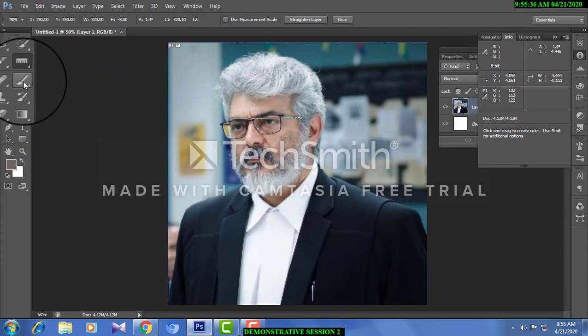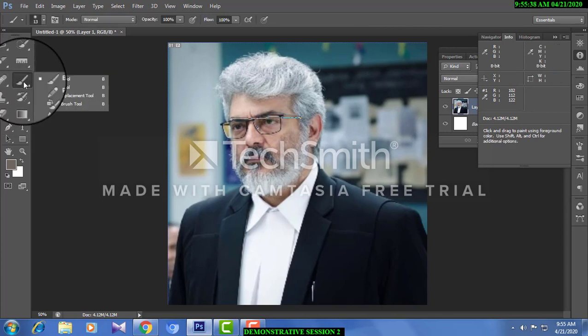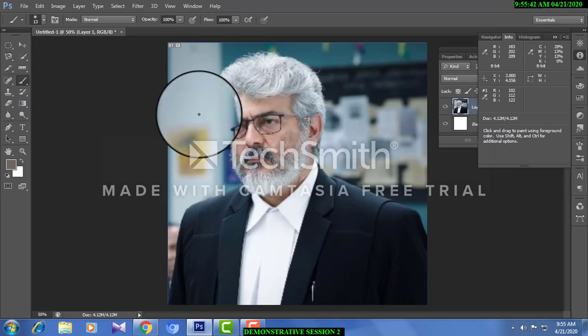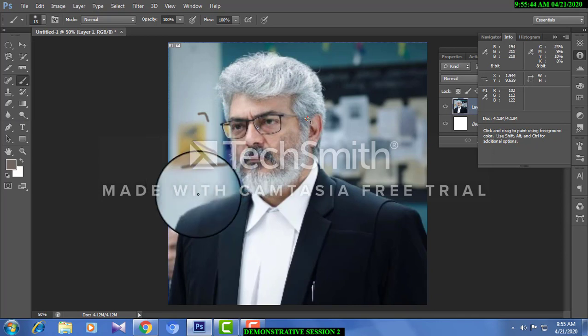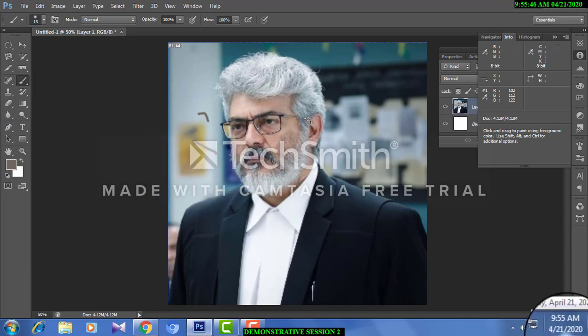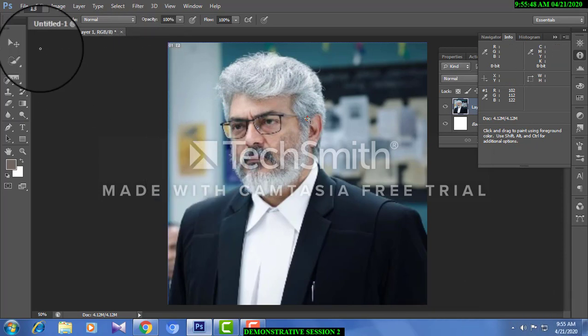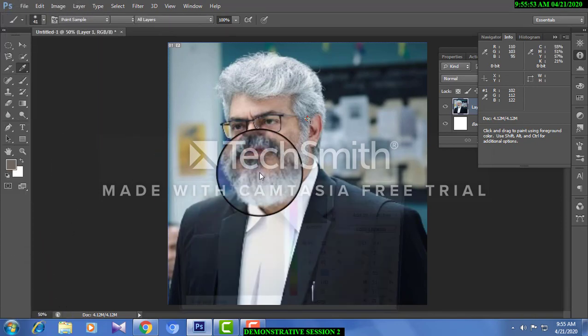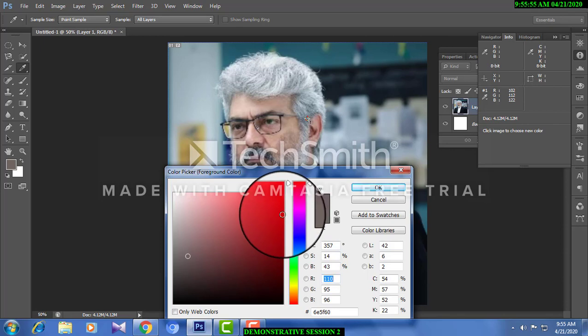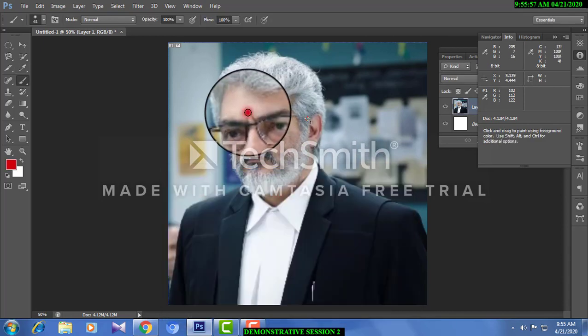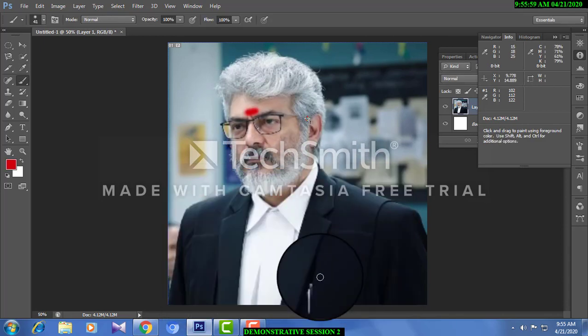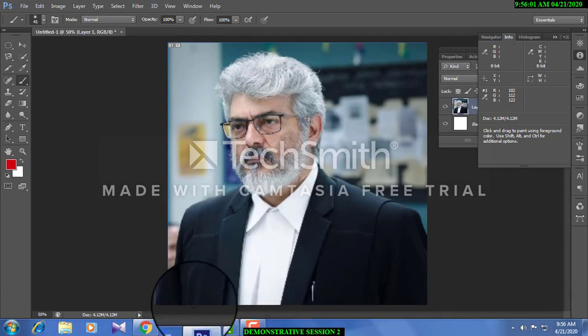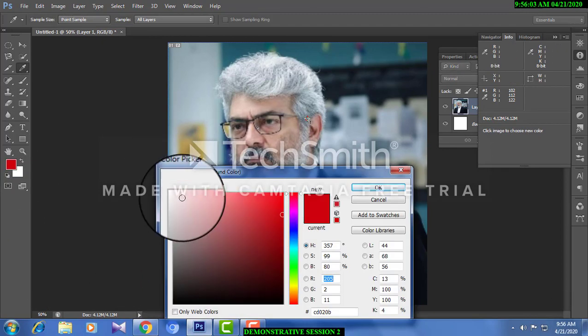And now, my dear friends, this is the brush tool. We will see the brush tool in detail. For example, I'm just using this for giving you some sand. Or you can do it with white.